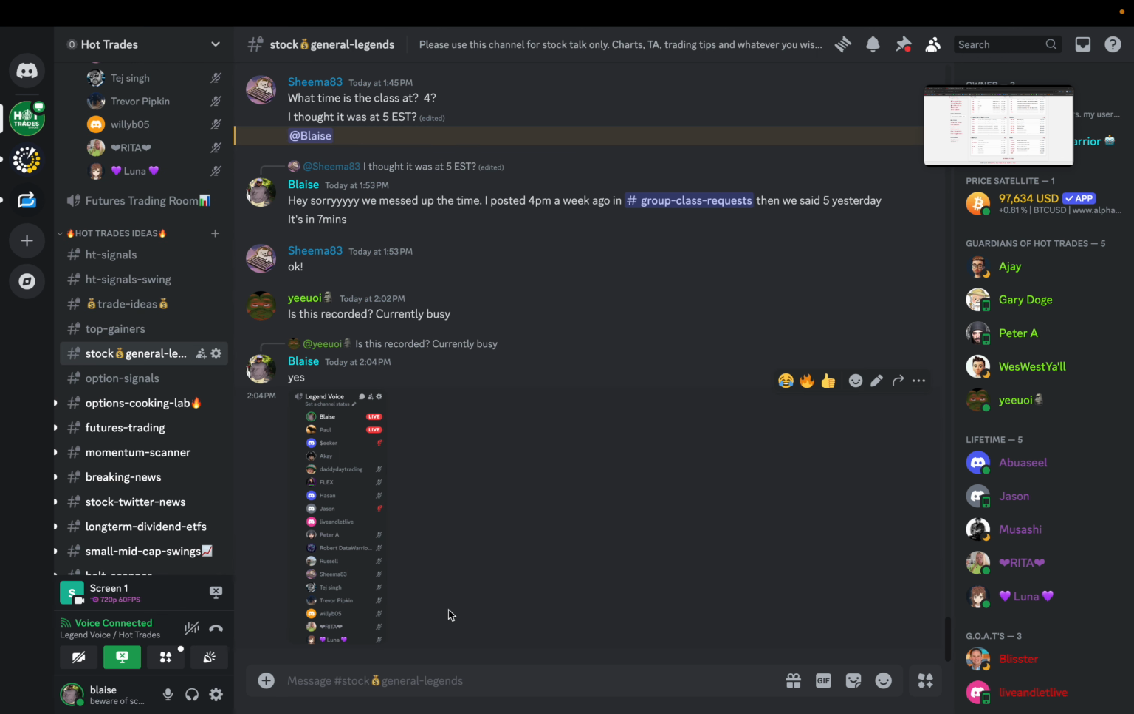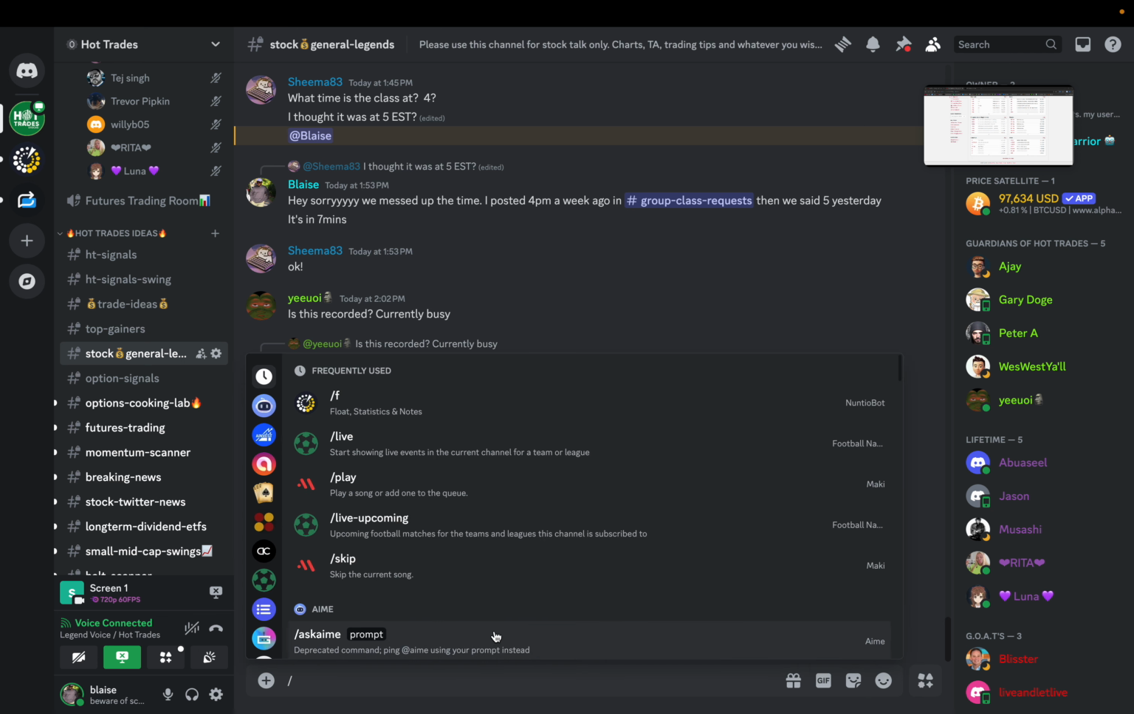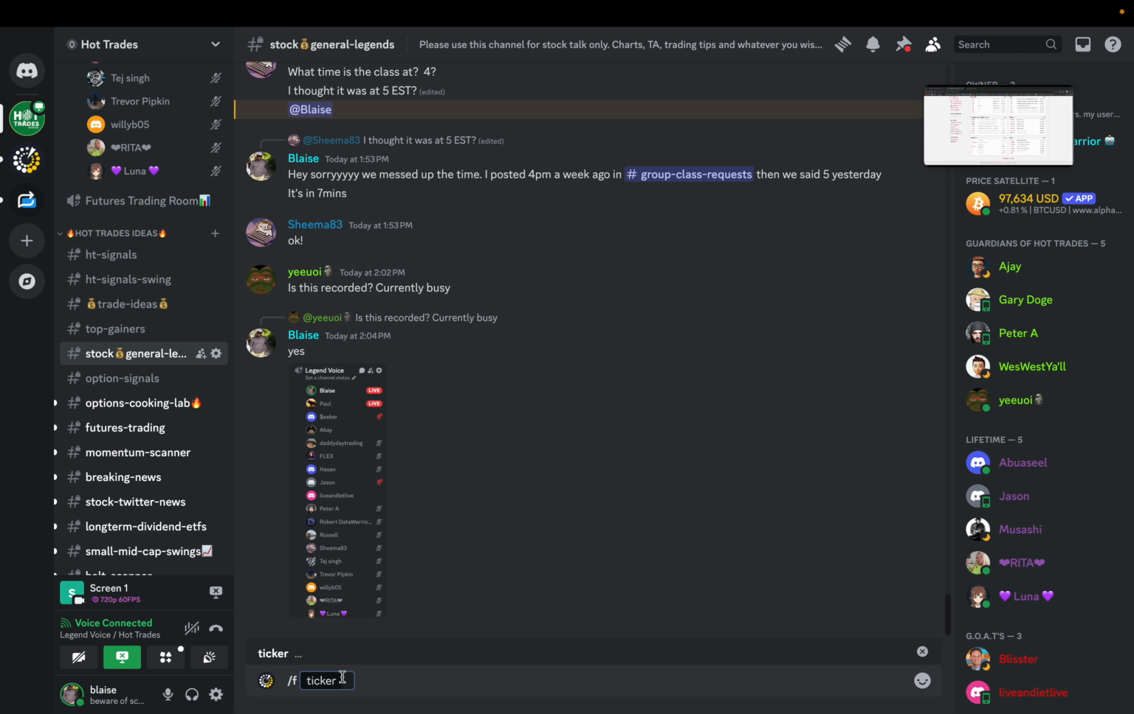Another reminder before we switch over to Paul's screen. Most of you are aware of this, but looking at my screen, there's a cool feature that we added. If you type in slash, the very first option that's going to come up is the F. You see it at the top of my screen. So if you click on that F, and you put in a ticker symbol,